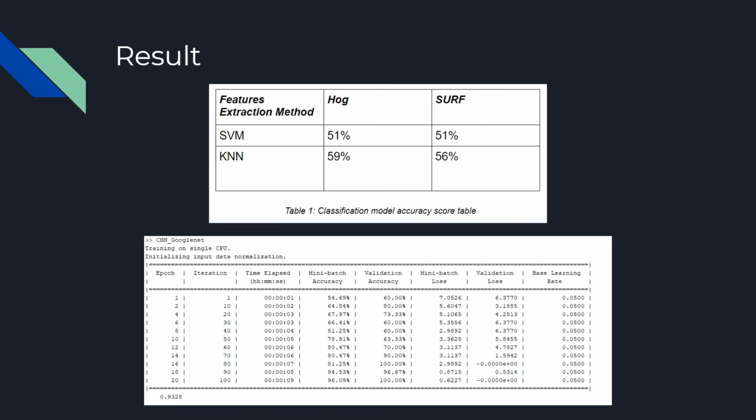According to the evaluation, we have figured out the classification model accuracy for SVM and KNN. According to the chart, we can see SVM and KNN both using HOG and SURF. SVM with HOG shows 51%, SVM with SURF shows 51%, KNN with HOG shows 59%, KNN with SURF shows 56%. Neither showed good accuracy. However, we could assume that KNN is more adequate for the specific dataset predictions. But we could also assume that both KNN and SVM are not really adequate for such complex datasets as